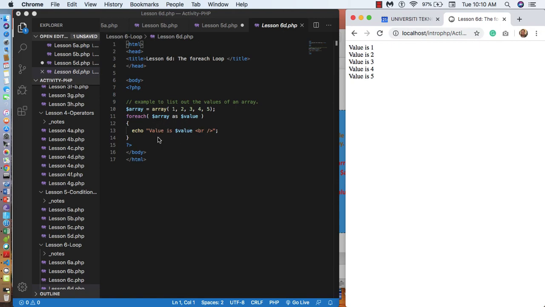That's how foreach array as value works. Foreach array refers to this variable. Array is what we call a function, array of 1, 2, 3, 4, 5. It goes straight to print the values until the values in the array are finished. So let's say if we add a new value like 6, what will happen? It will definitely print another value. So that's how it works. Okay, so thank you for